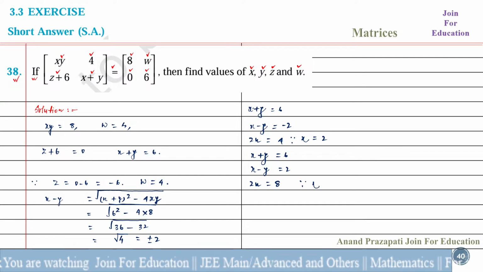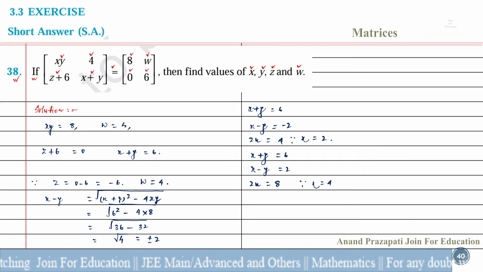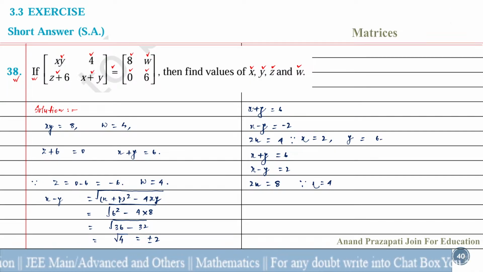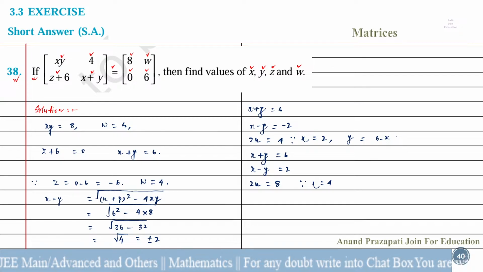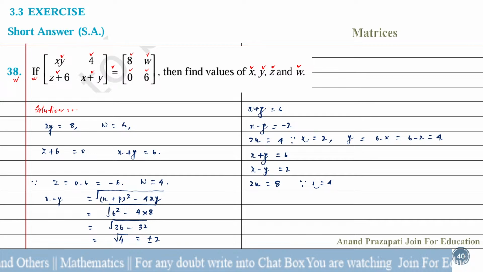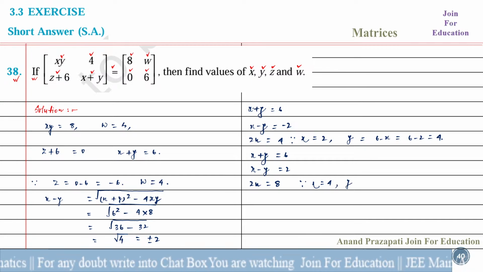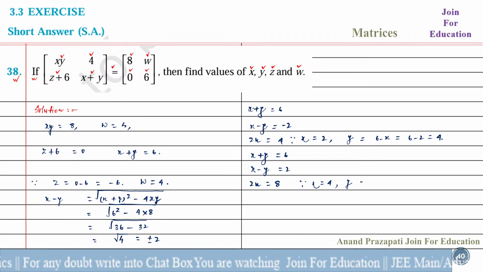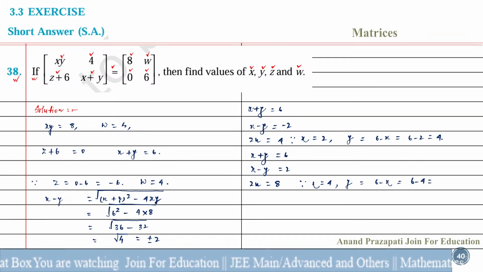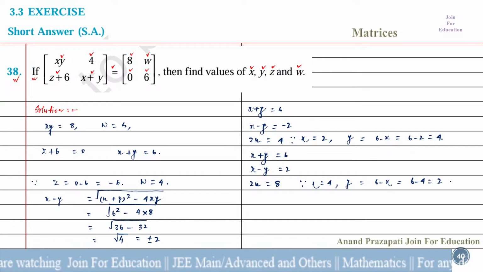Therefore, x equal to 4. So when x equal to 2, then y equal to 6 minus 2 equal to 4. And when x equal to 4, then y equal to 6 minus 4 equal to 2. So the required answer here will be